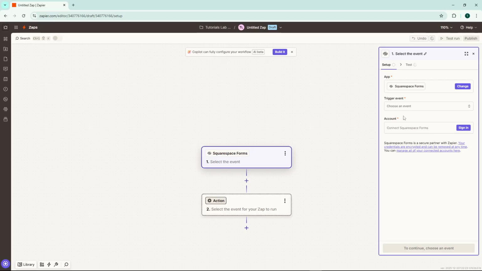Now you'll be presented with a drop-down menu where you can choose a trigger event. Select New Form Submission from the options available. This means that every time someone submits a form on your Squarespace site, the automation will kick into action. Once you've made your selection, you'll need to sign in to your Squarespace account to grant Zapier access